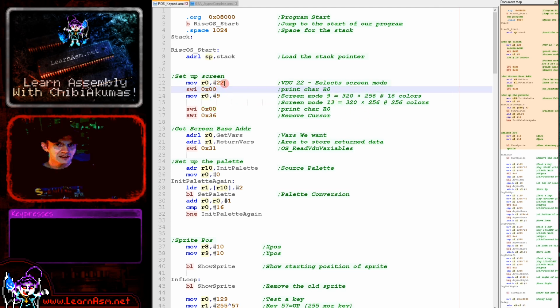We do that by writing character 22, which is basically the select screen mode command, and then we send 9, which selects screen mode 9. You can see how to select the 256 color mode if you prefer. This is a 320 by 256 screen. A little bit strange, but that's what we're using, and we're turning the cursor off because we want total control